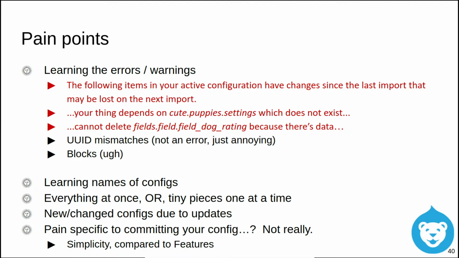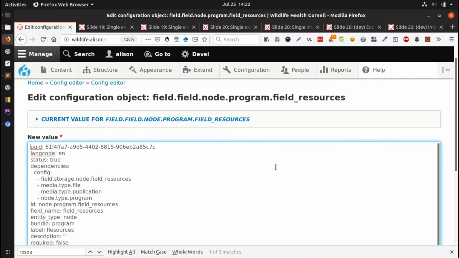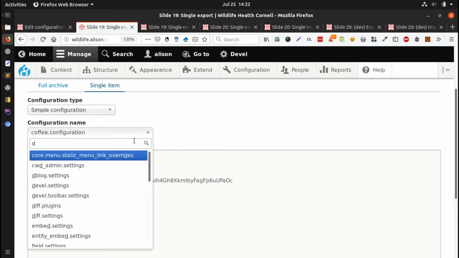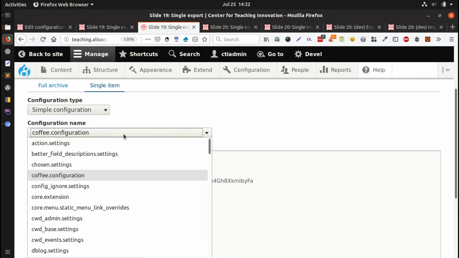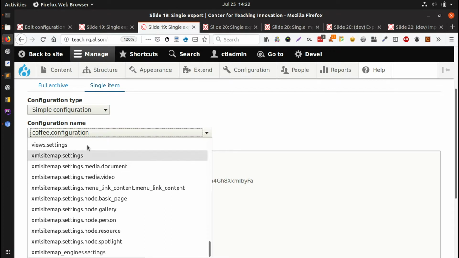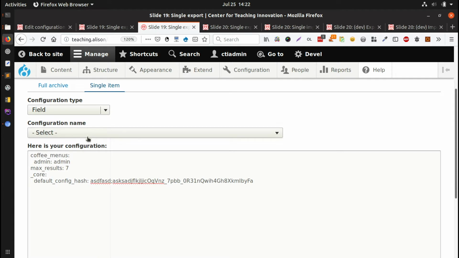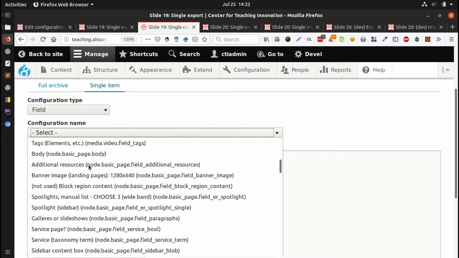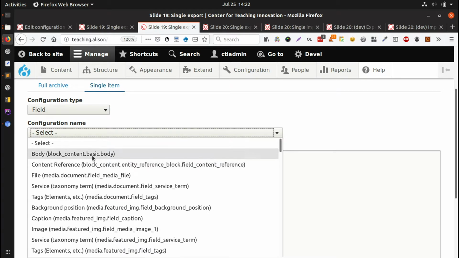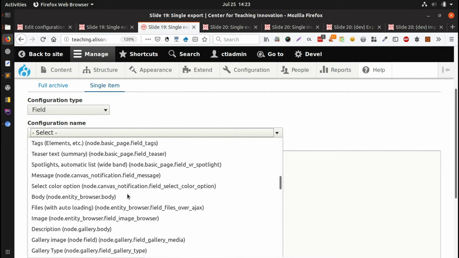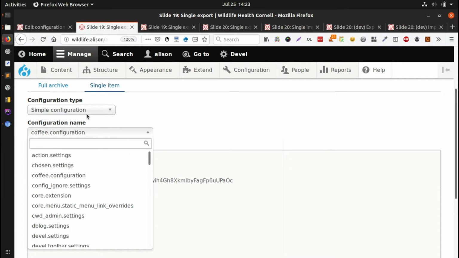It can be annoying to learn the names of configurations. I know some people don't like it, but I recommend, if you can, using Chosen, because you can search for things. That's pretty great, because otherwise when you're looking for configurations, it's alphabetical by the name. If I go to a field, it is kind of alphabetical, but it's by machine name, right? First it's going to go through all the fields that are on blocks, then media, then all these other things. Whereas if I have Chosen here,